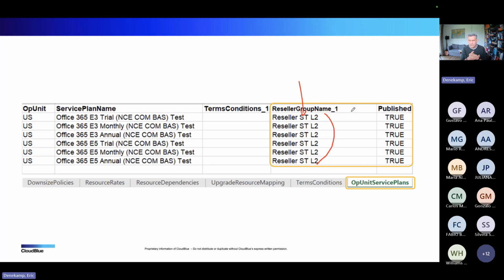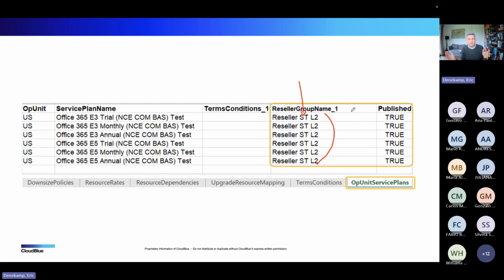A lot to take in, but you can prepare your entire platform in that same Excel file, even before those plans exist. You can go through all the tabs, set up everything, where some of these things, resource rates, policies, terms and conditions maybe, but service plans, plan periods, etc., are filled out. And after that, you can make sure, okay, this plan has to go here, here, and here.